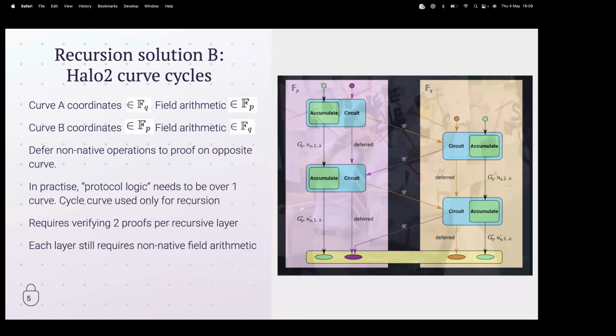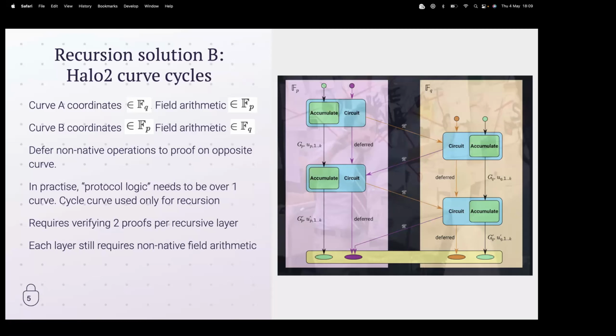So this is kind of the best way of doing it so far, but it does have some drawbacks. In practice, if you're encoding some kind of protocol, you want that to be over one curve, so you only have to deal with one prime field modulus. So you're going to use your cycle curve strictly for recursion, i.e. you're going to embed a snark verify algorithm within your cycle curve, and that's the only circuit you're proving